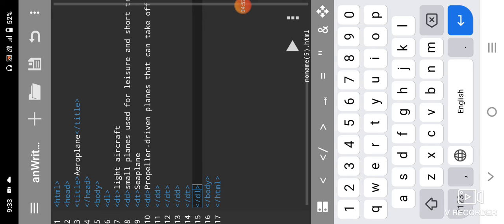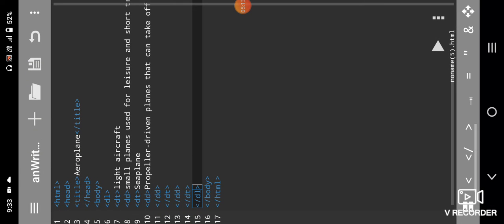Okay, now we can see the output. See here, it looks like a definition. The definition heading is light aircraft, and then the definition of light aircraft, and then seaplane is the heading, and then the definition for seaplane is written. Okay, so in this way you can prepare your definition list.